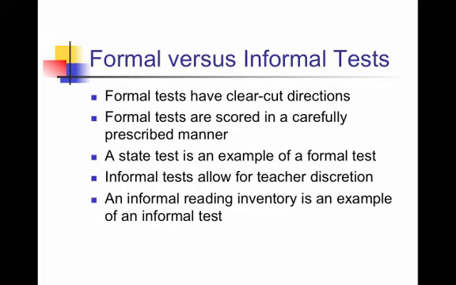Something like the Words Their Way spelling inventory. So, for example, you're reading something and you think the student spelled it right, but you know that the student writes the letter G backwards all the time. So you're still going to count it as correct in that particular Words Their Way spelling inventory. An informal reading inventory is an example of an